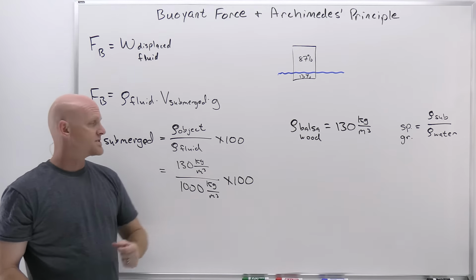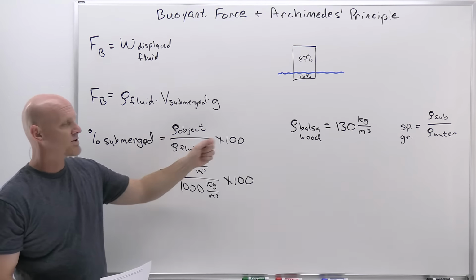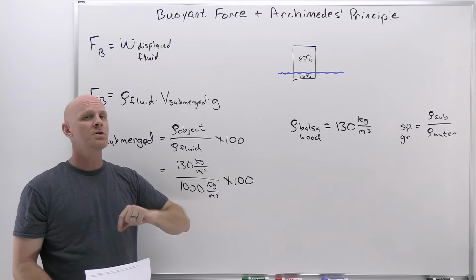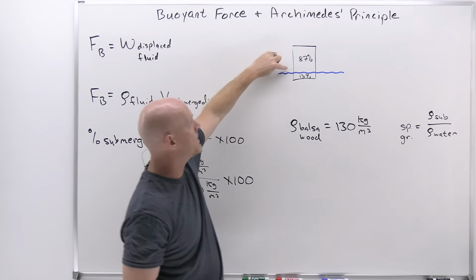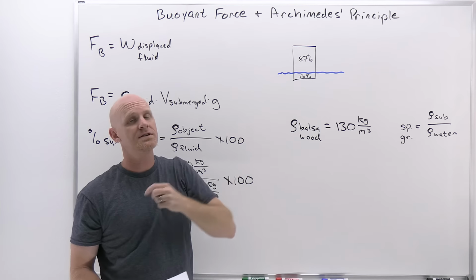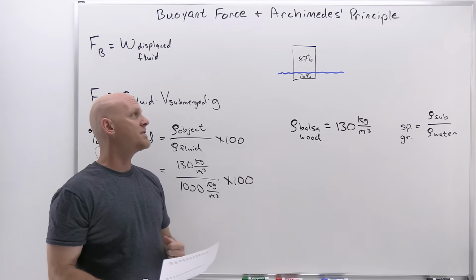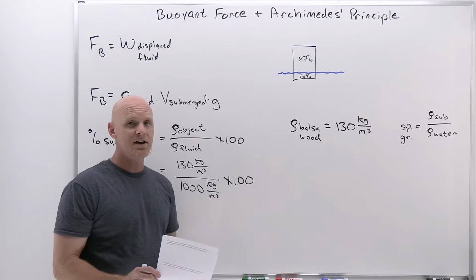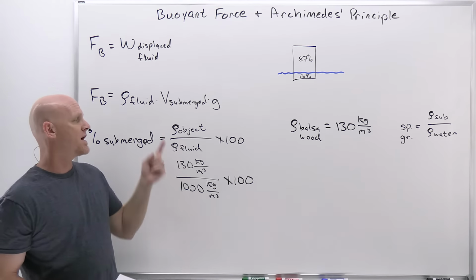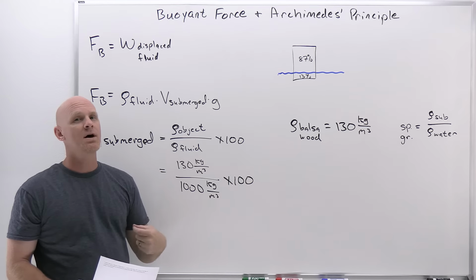Now be careful, this relative density times 100 gets you the percent that is submerged. But if the question actually asks you what percent is above the surface, well then you need to subtract from 100. And had that been the case, it would have been 87% instead. But that ratio of the densities, the object to the fluid, that's what gets you the amount that's below